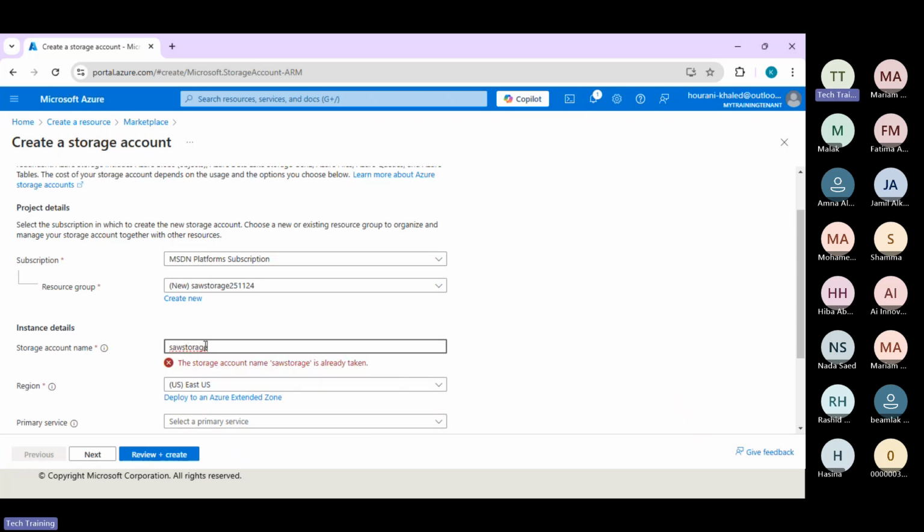You will need to pay attention to the name of the storage because the storage will be like a public storage. Of course, it's not open for everyone, but one day, if you decide to make it public for everyone, it will be like sharing this name with everyone. So the name should be a unique name. I will call it SAW storage. Also today's date,